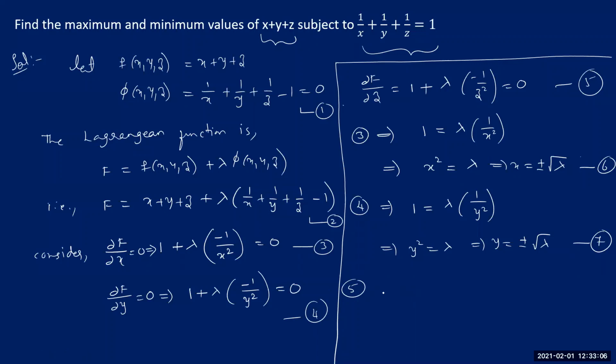Then from the 5th equation, we can write 1 is equal to lambda times 1 by z square. And now from this, we can write z square is equal to lambda. And this implies we can also write z is equal to plus or minus root lambda. I'm taking this as equation number 8. Now see, if you look at these 3 equations again, equation 6, 7, and 8, the right hand sides are quite the same, so I'm also equating these left hand sides. So this implies,